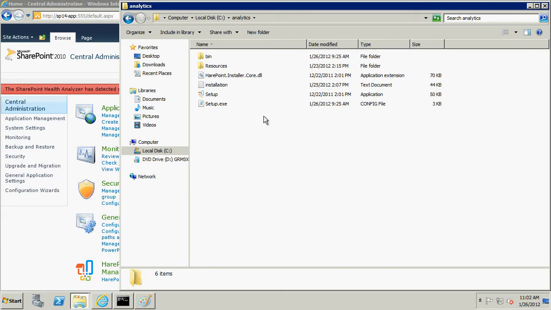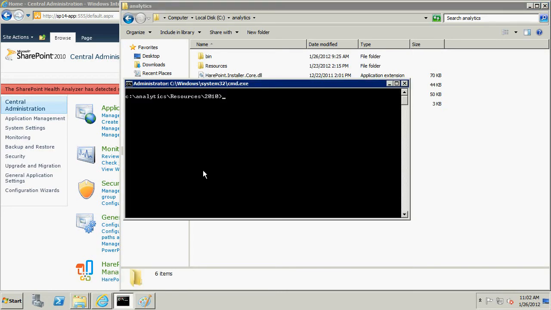Before starting product installation, you must make sure that you have administrator rights in Microsoft SharePoint Server 2010 and on each server at which the product will be installed. The solution package file HarePoint.Analytics.Statistic.wsp is located in the subfolder resources/2010/. The first steps are performed using the command line tool